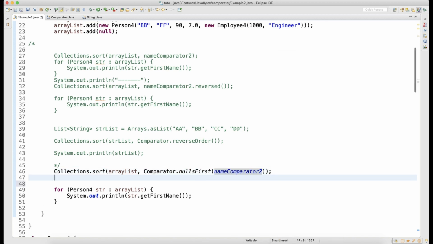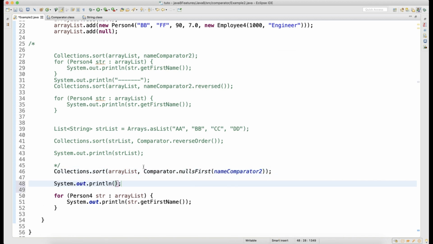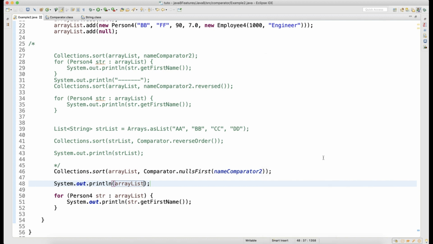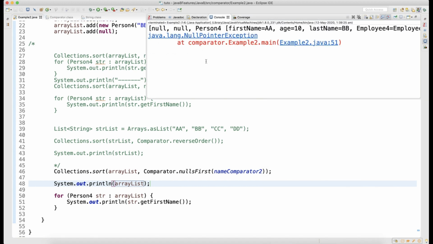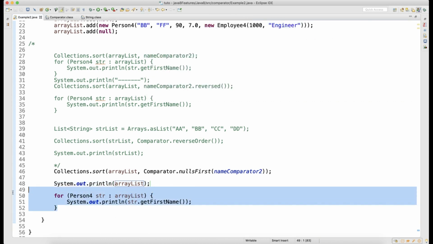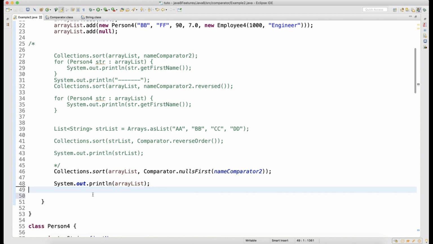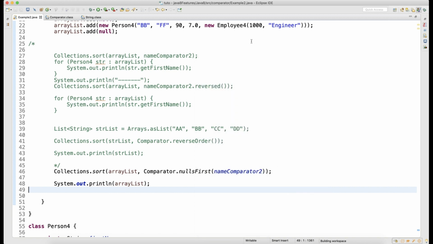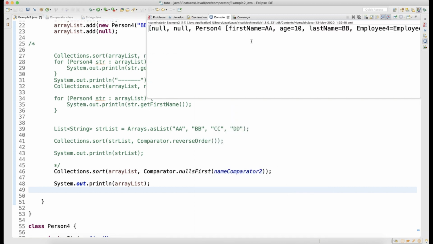In fact, if I print the list, that is better, we can see what output is coming. See here. Oh, from where is the null pointer coming? Okay, because I should not run the for each loop. If I run the for each loop, I will get an NPE, since I was calling getFirstName on the null. If I want to call for each, I have to write some logic.